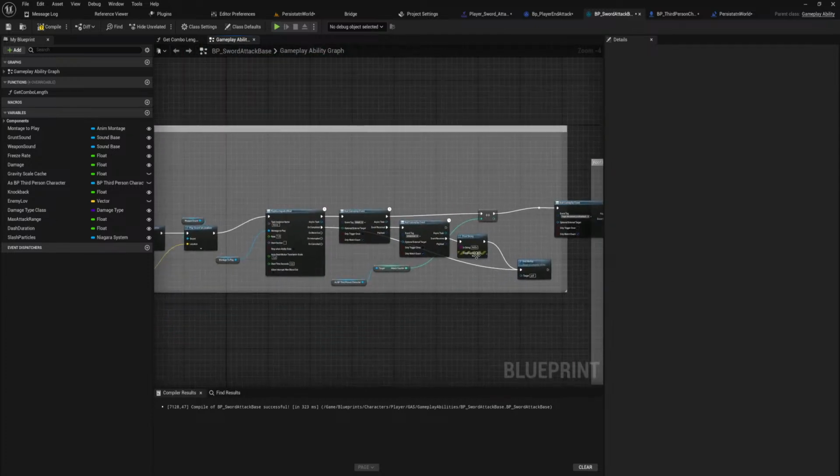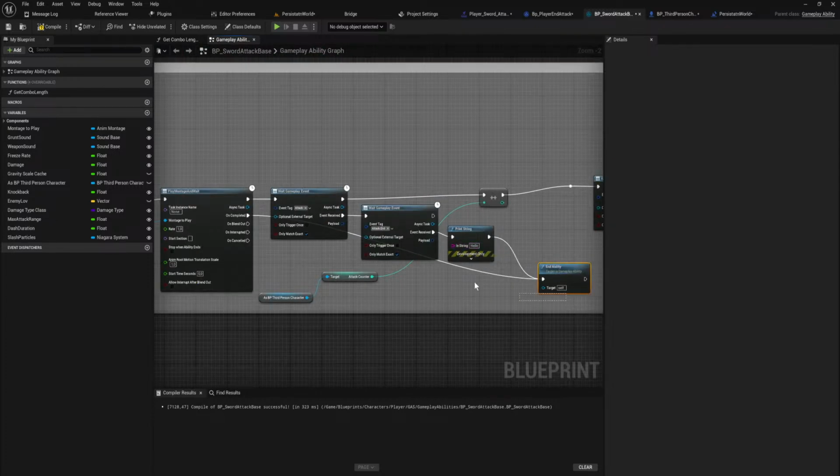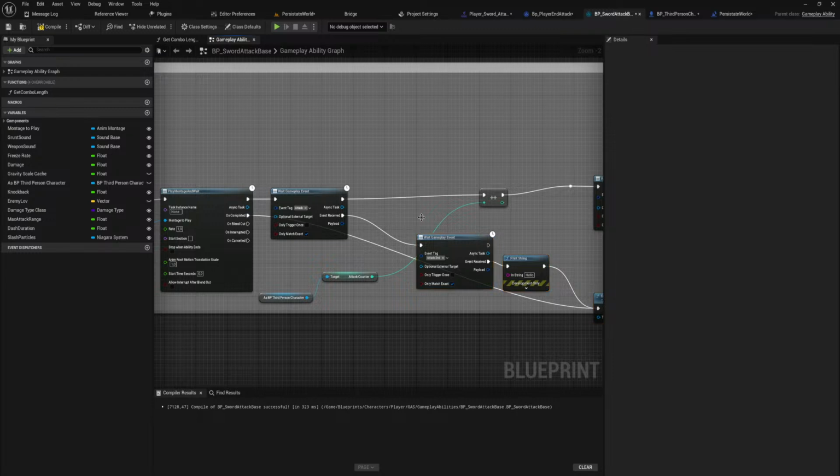the enable input should be... This is a little messy, but this should go there.